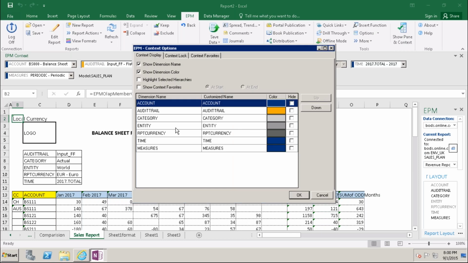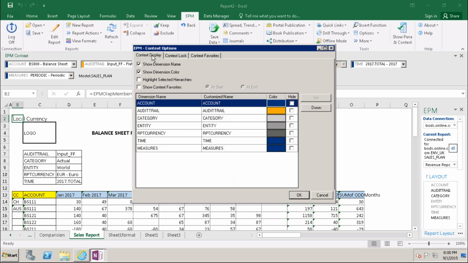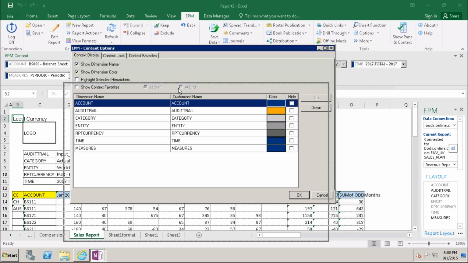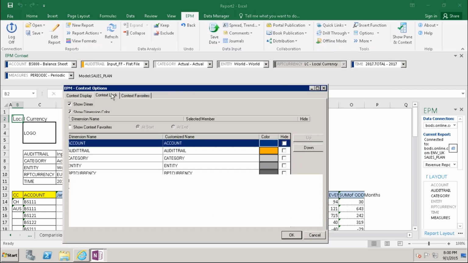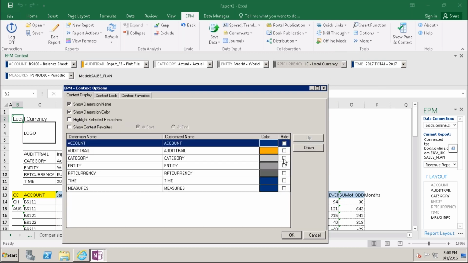And also here context display, show the color. Basically you see here, I'm going to unhide this one display.